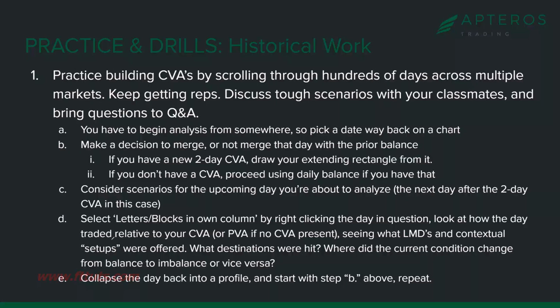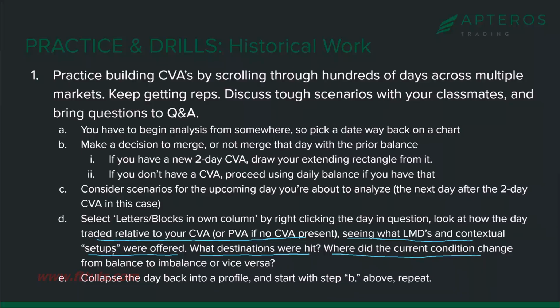Look at how the day traded relative to your CVA or PVA if there was no CVA. See what laws of market dynamics happened. See what breakout pullbacks or return pullbacks happened. What destinations were hit, right? Do it all. Where did the condition change, if at all, from balance to imbalance or whatever? Then collapse the day after you're done analyzing that day. Collapse it back into a regular looking profile and go back to step B,